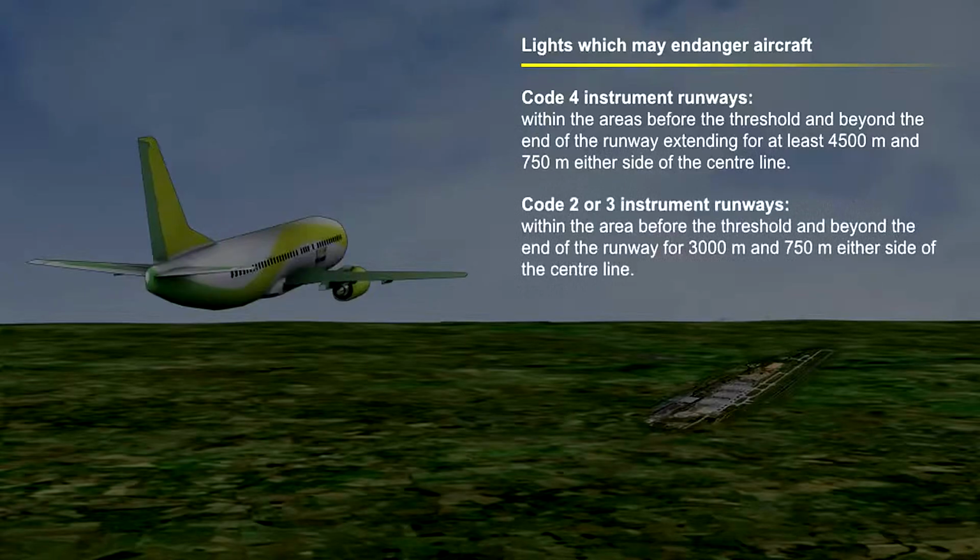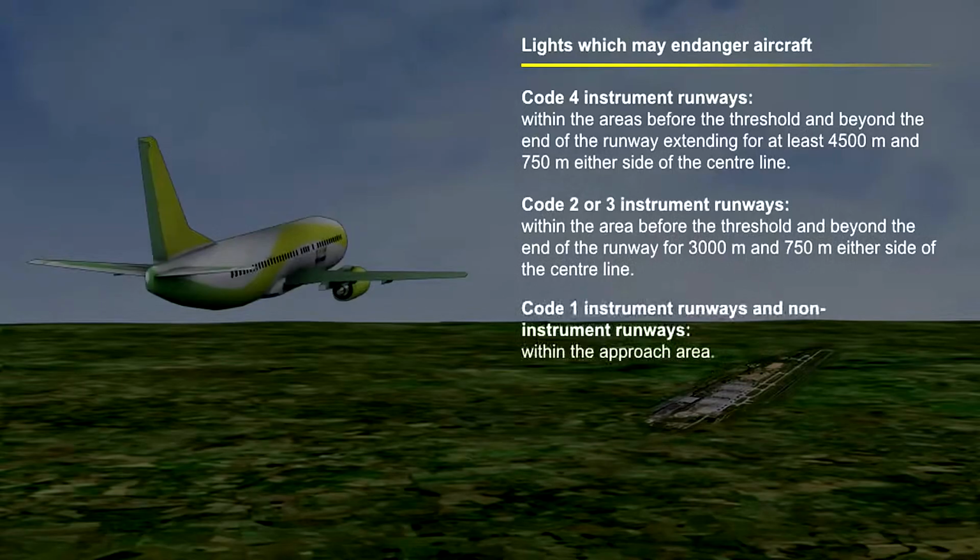For Code 2 or 3 instrument runways, within the area before the threshold and beyond the end of the runway, for 3,000 meters and 750 meters either side of the center line, and for Code 1 instrument runways and non-instrument runways within the approach area.